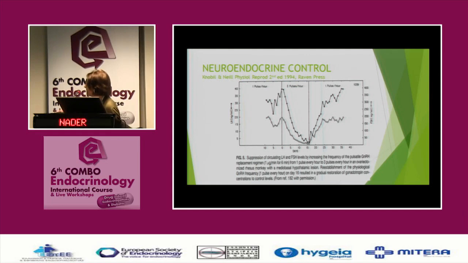And you can see that with that, you have appropriate LH and FSH production in the ovariectomized monkey. And then when he changed the pulsatility to 3 pulses per hour, it completely shuts down the system, because you need that appropriate pulsatility to maintain the cellular LH pools, and doing it too rapidly shuts it down. And then when he restores it back to 1 pulse per hour, it all comes back to normal.